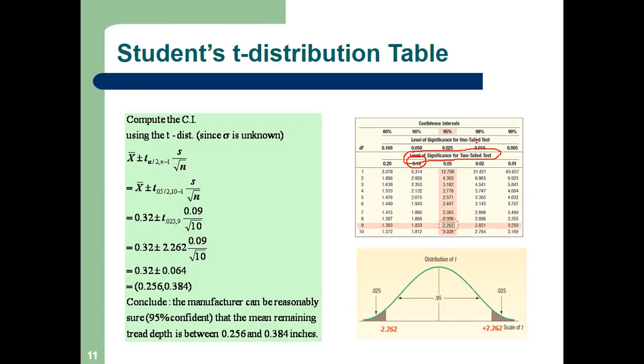In some books, only one tail is given, and again you will be confused. That's why I am telling you. And DF: here it is given up to 10, but generally it is given up to 50 or so, and for large samples also. So you will have to locate 39 in DF. Here you will not find it actually.